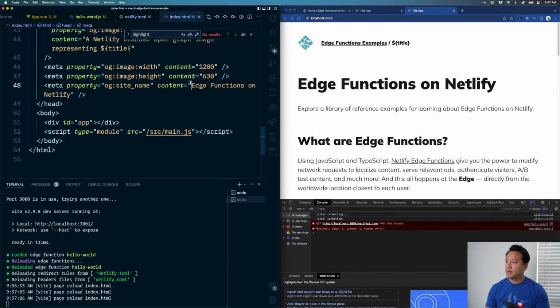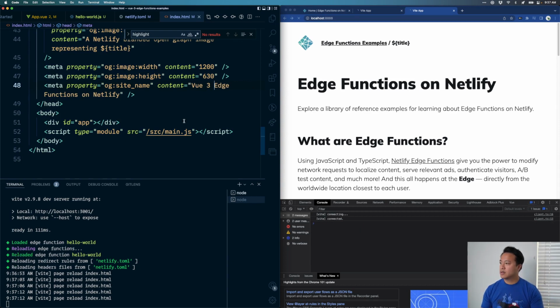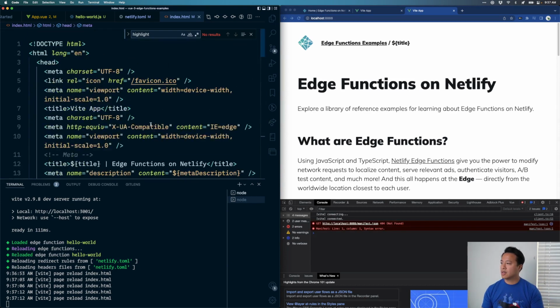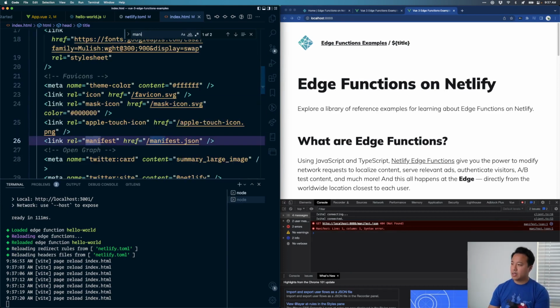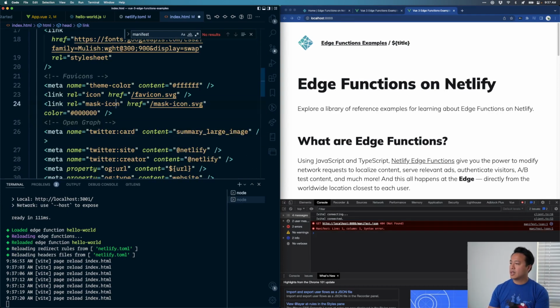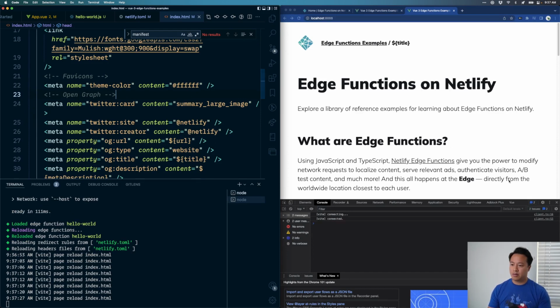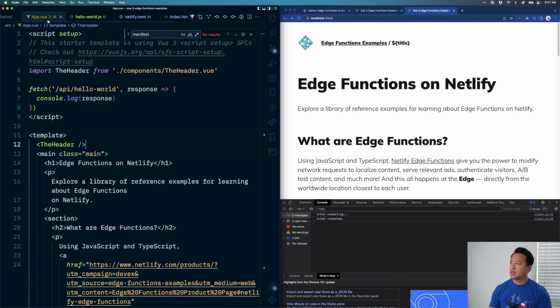And then I might as well update these configurations real quick. And then the title here, view 3 edge functions examples, save. Okay, great. Last thing we need is clearly the manifest JSON to go bye-bye. We technically don't have any icons right now, so I'm just wiping those out real quick. Okay, now we're good. The only thing though is that the fetch did not do anything here as far as